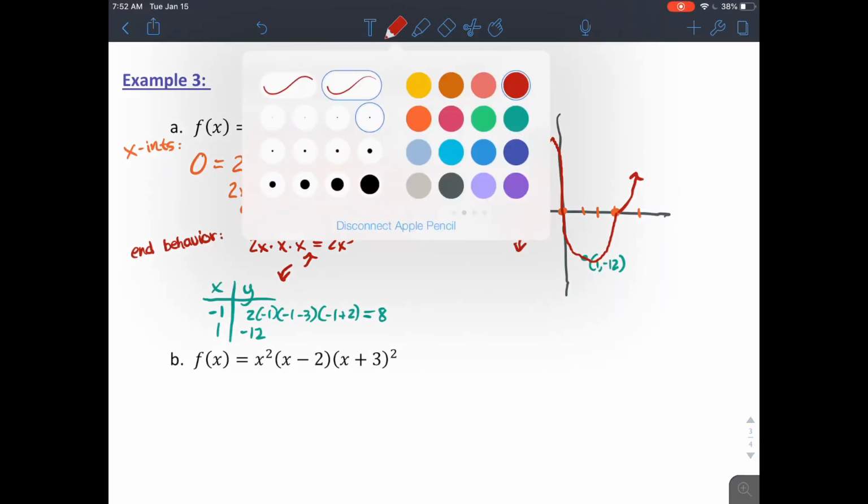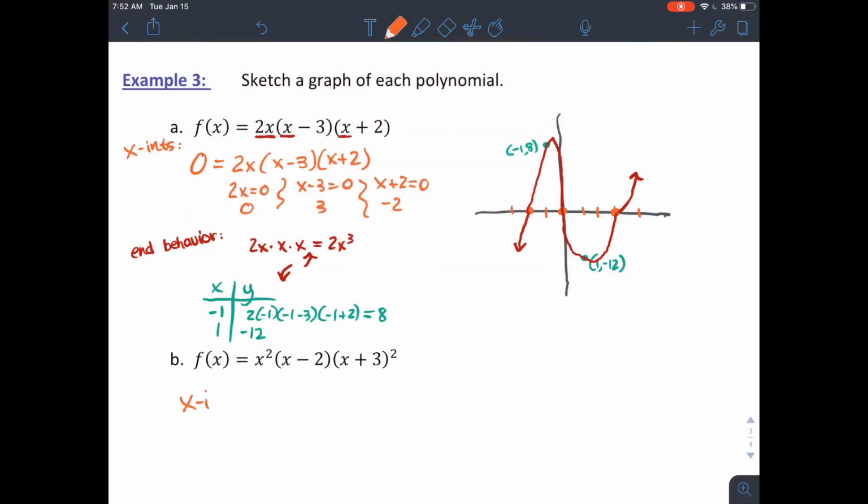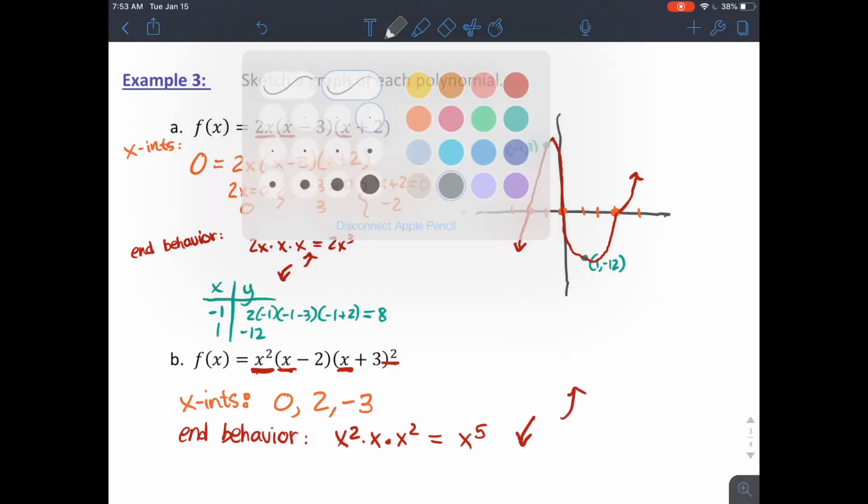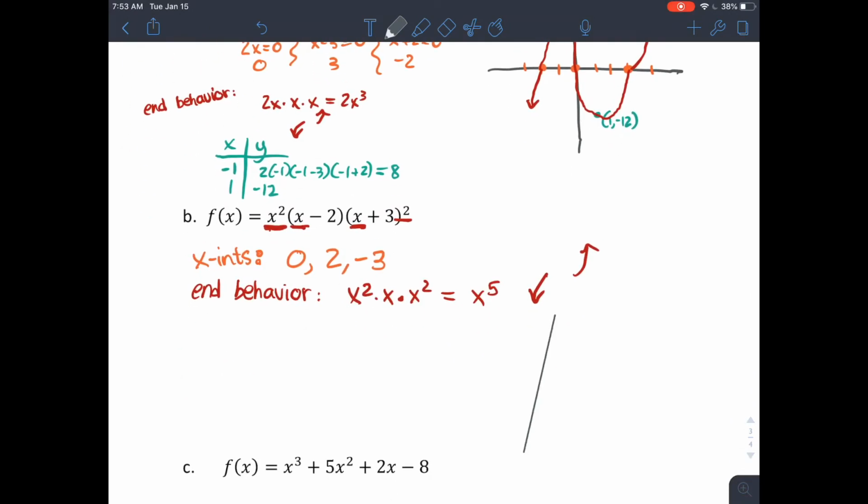Let's do another one, and I'll show you how you can save yourselves a little bit of work. So x-intercepts, again, set your polynomial equal to 0 and solve. End behavior, if you think about multiplying all of your highest degree terms together, you'd have x squared times x cubed, which would give you x to the 5th. So your ends are going to look exactly like on the last graph. Left end down, right end up. I could plug in some additional points, but actually I'm going to talk multiplicity for how to do this instead. So if I go ahead and graph my x-intercepts and my ends,